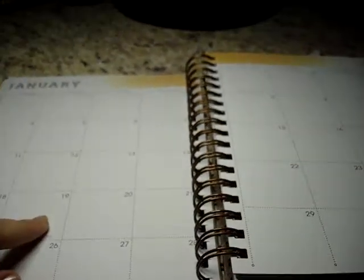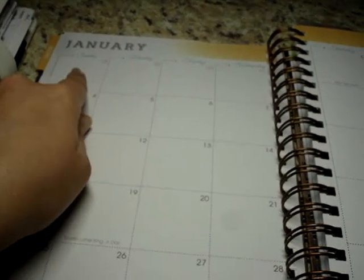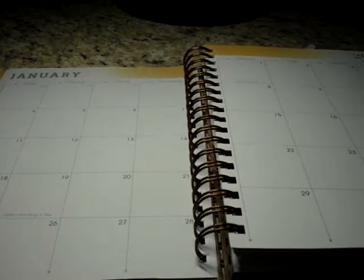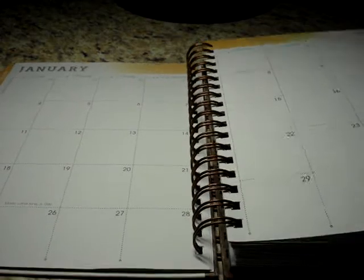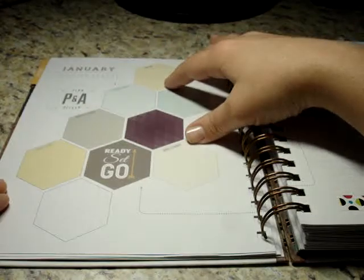It also is, as you can see, already labeled with dates. The weeks start on Sunday in the monthly calendar, and holidays are labeled American holidays. It's an American company. So really great paper, and then behind that you get what she calls a mission board,